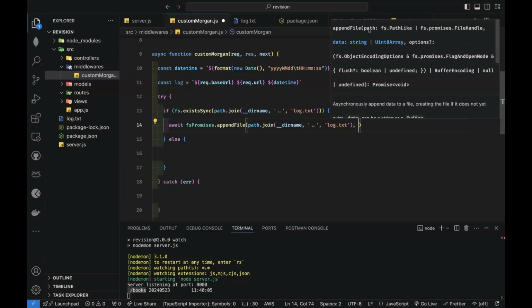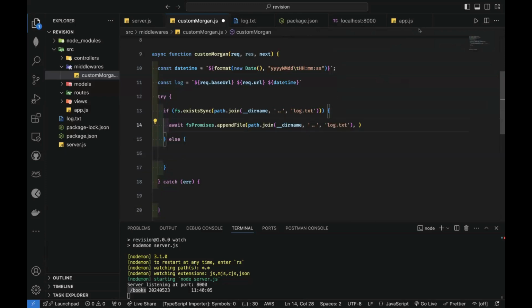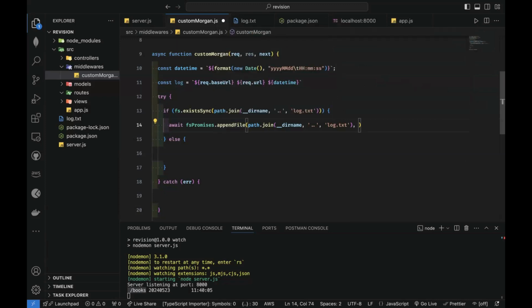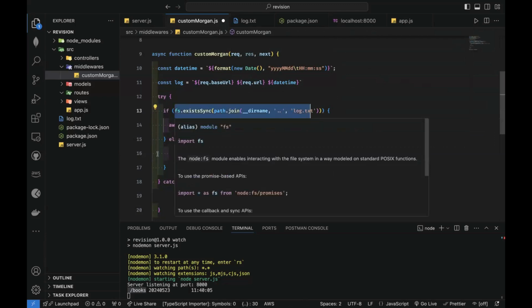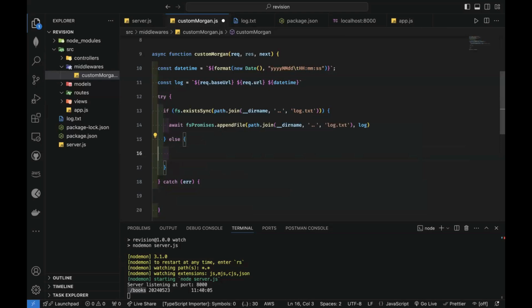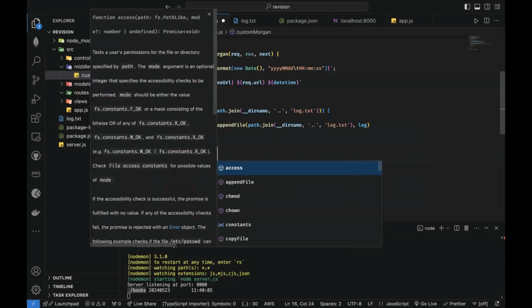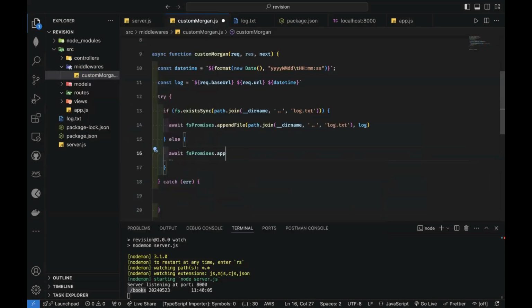What do I want to append? If you check this module, it says appendFile. Let's click on it. It's the path, then the handler, and then the data. But if we don't have that handler, we just put the data there. So what's the data? We want the log to go in. And if that path doesn't exist, then we want to create it. So fs promises dot appendFile, not append, dot mkdir,